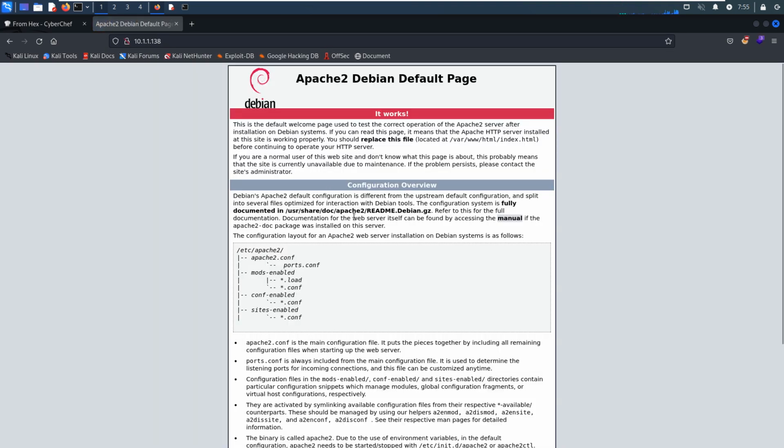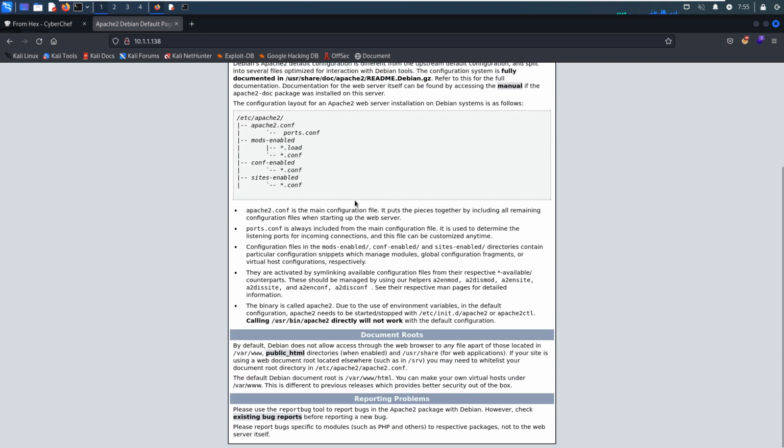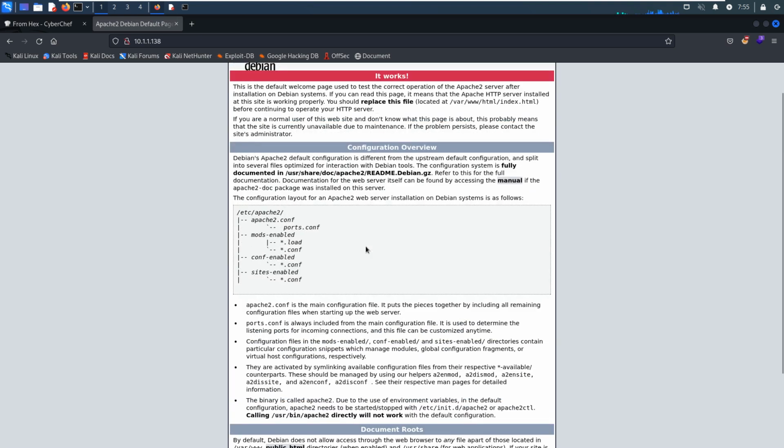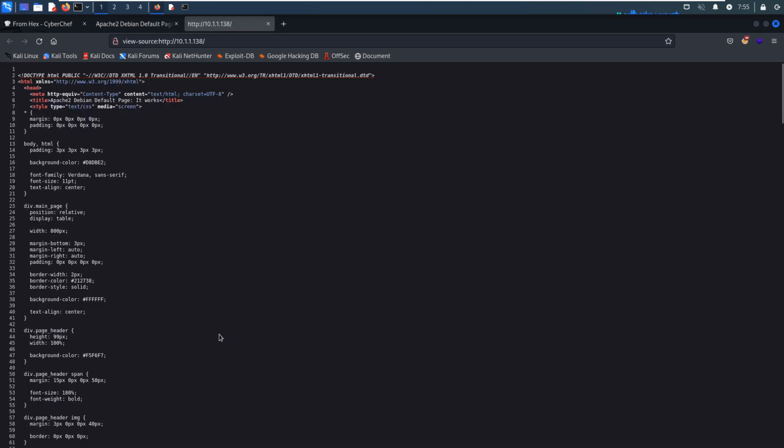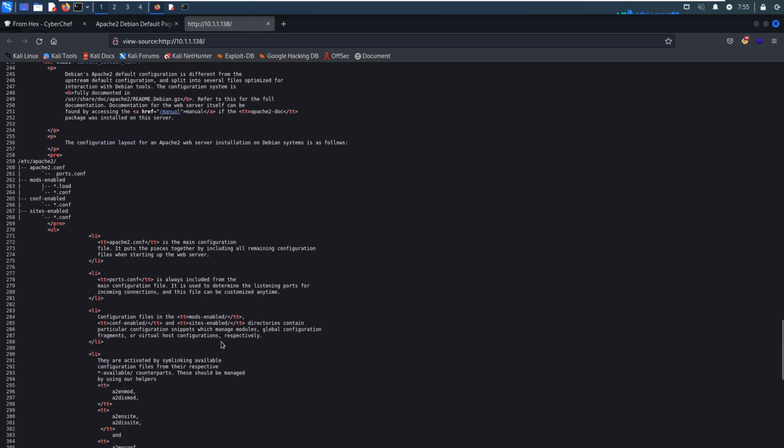As you can see over here, we got back the default Apache 2 page, and we can scroll down, and we must be very careful, especially when we deal with a CTF machine. Sometimes the author will hide some important information inside the page, but this is not the case for this machine. Also we can view the page source, and we can scroll down, nothing here.